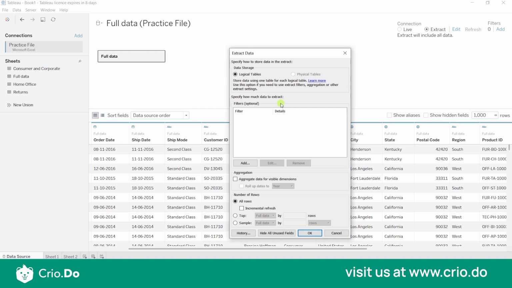So for example, if a data source was made of a single logical table, the data would be stored in a single table. But if a data source was made of three logical tables, each containing multiple physical tables, the extract data would be stored in three tables, one for each logical table, even if you have a physical table inside the logical table. Select logical tables whenever you want